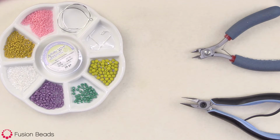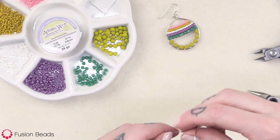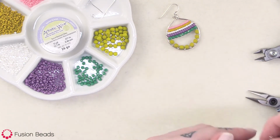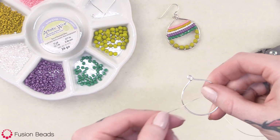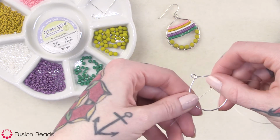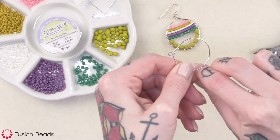Okay, let's get started. To make these circles of spring earrings, you first want to take your component and then cut a 1 foot length of your wire. And you're just going to want to anchor this wire to your component to make this first row here of 4mm fire polish beads. So to do that, leave about 1 inch of a tail and then place your wire over the component. And then you're just going to go through the component and then back around